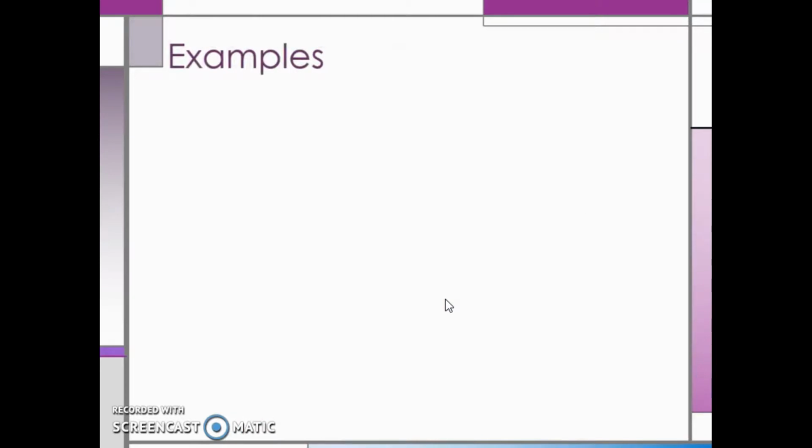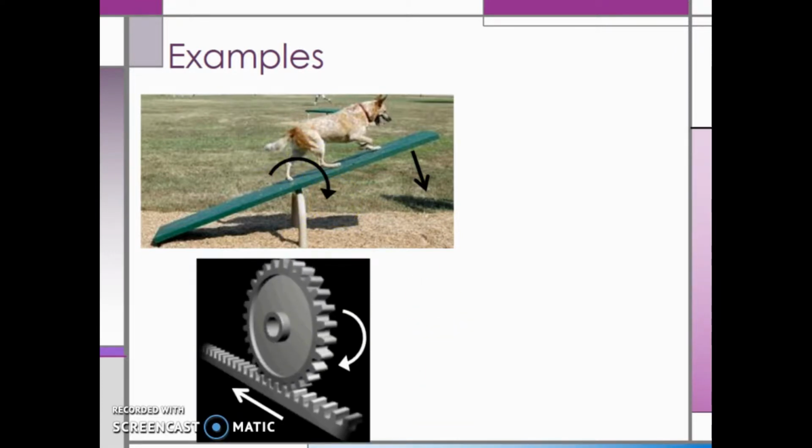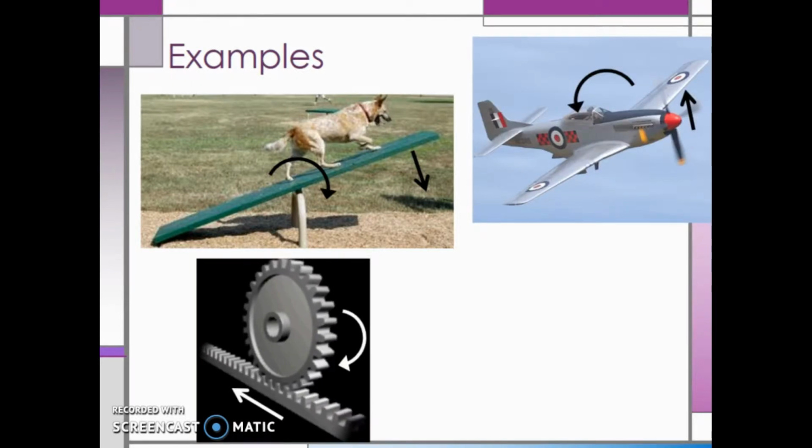Let's take a look at some places where you experience a torque. Anytime you turn a wrench, mow your grass, or open your garage door, there is a torque. In these pictures, the dog applies a force down toward the ground, and the seesaw rotates toward the ground on the right side. The toothed belt and gear: as the belt moves, it applies a force to the gear, which causes the gear to rotate. In an airplane, the lifting force of an unexpected updraft may cause the plane to rotate